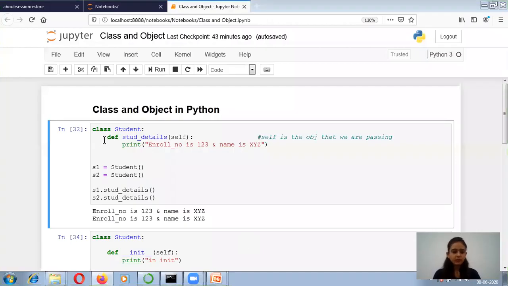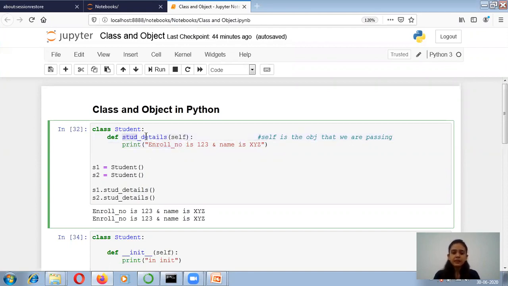So I am defining over here a definition inside the class. This is my class student, and I am giving the indentation. It means this function definition is present within the class, so it is part of the class. This function is part of the class student.